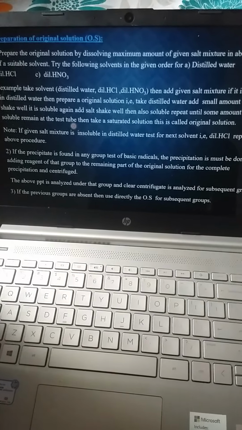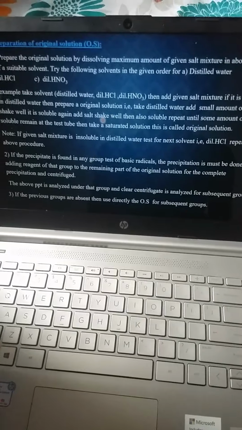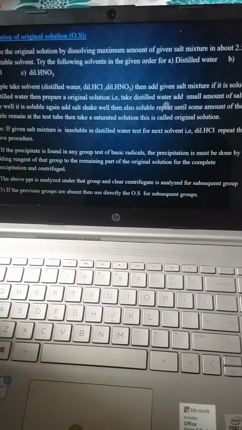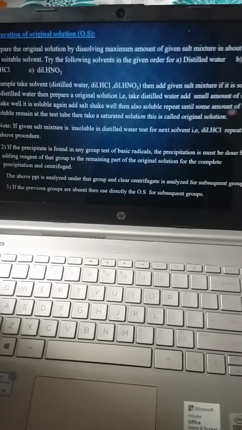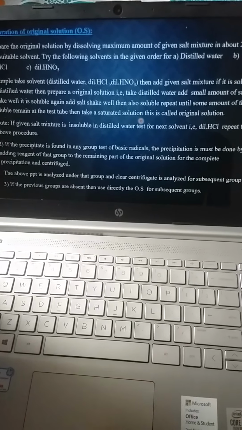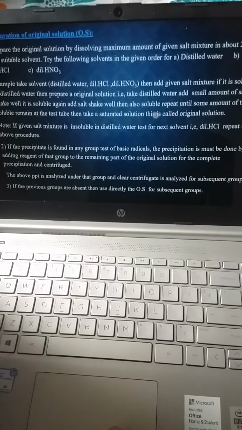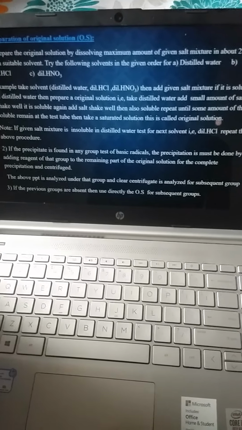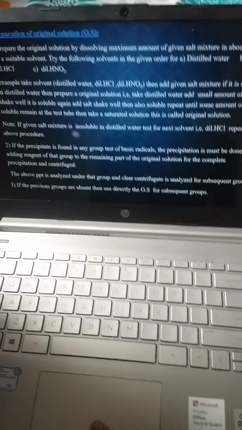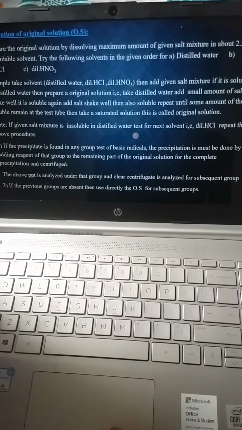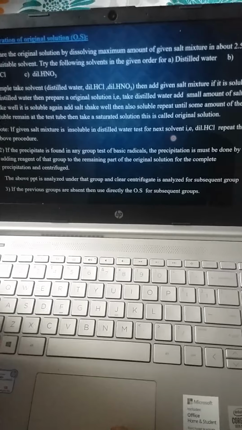If it is soluble, again add salt mixture, shake well, and if it is also soluble, repeat until some amount of the salt remains undissolved in the test tube, then take the saturated solution. This saturated solution is nothing but the original solution. The important thing is, if the given salt mixture is insoluble in distilled water,